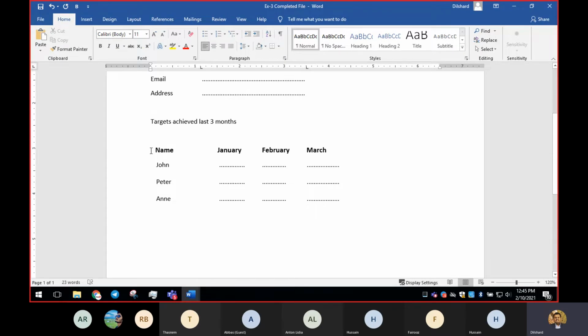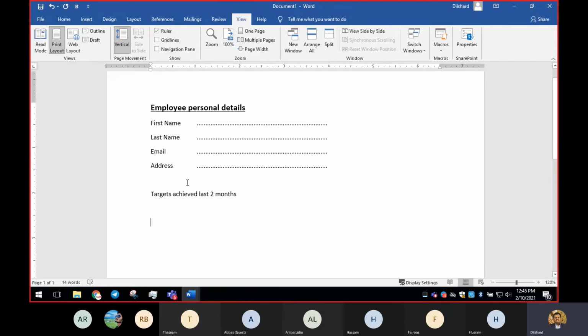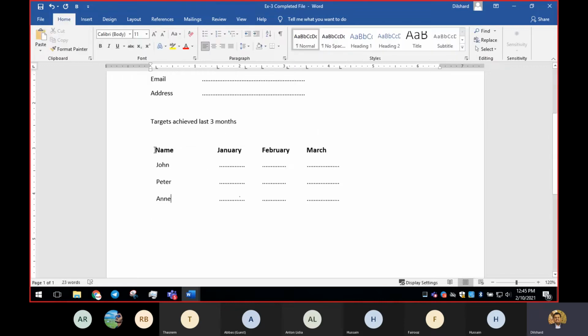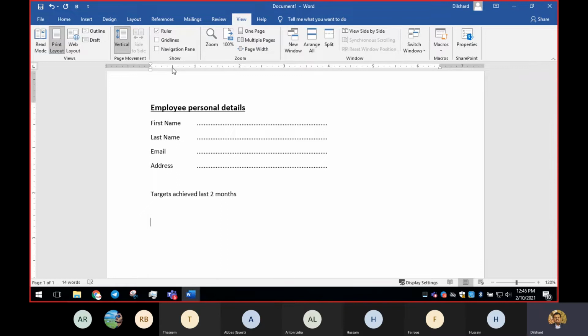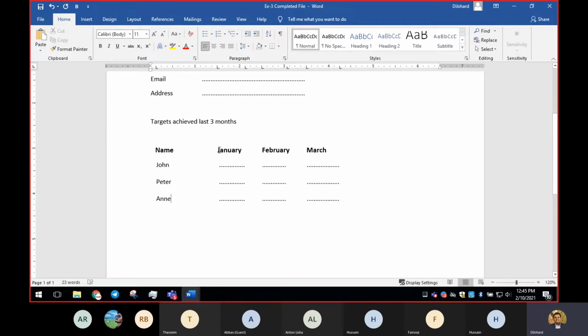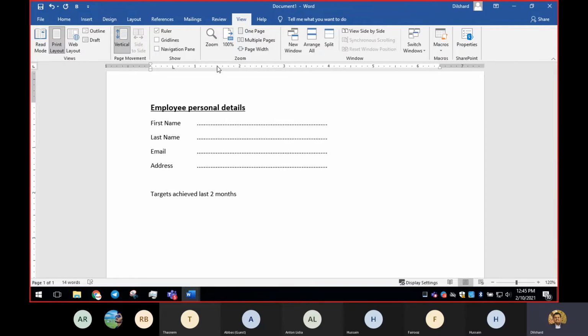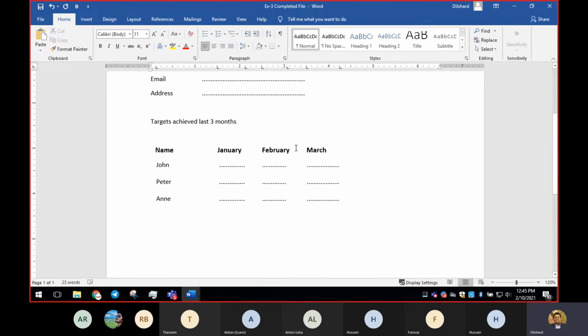So here, according to this, I'm going to have some space at the beginning, right? So we'll start by giving some space using tab. The first one is to start name. So I'm going to click somewhere here. We'll start it from 0.5, and the name January will start somewhere at 1.5.